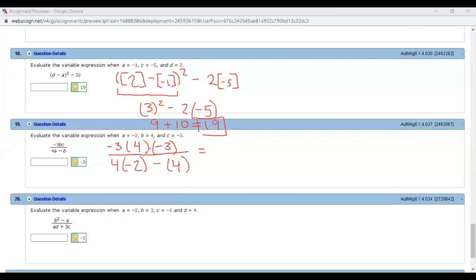And -12 times -3 is positive 36. Then we got 4 times -2, which is -8. So -8 minus 4 will be -12. Now we have a positive divided by a negative,